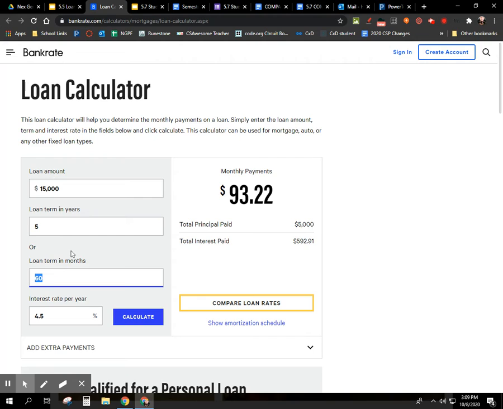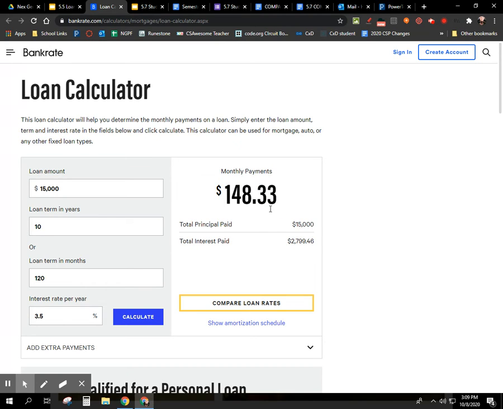So I'm going to say that I have a 10-year loan, which means I'm making 120 payments because it's 120 months. And then let's say that I'm getting a loan for 3.5%. So now I hit calculate. This gives me the nuts and bolts. So my monthly payment is